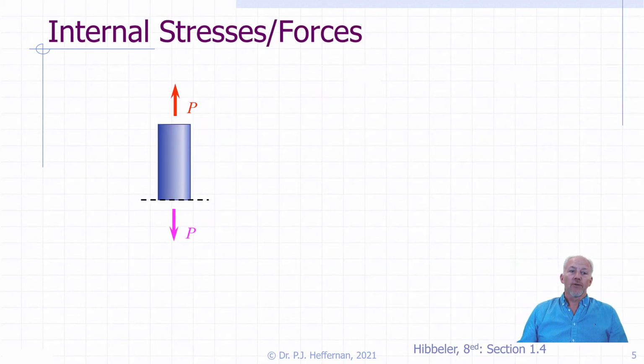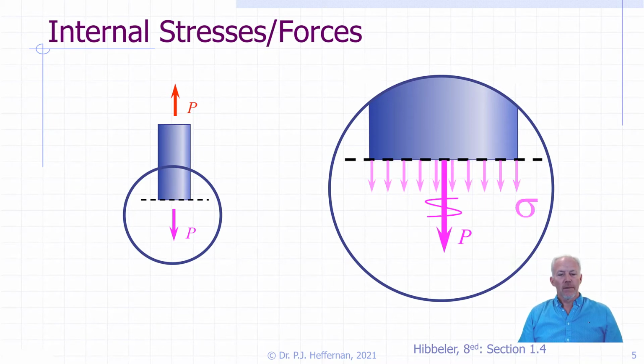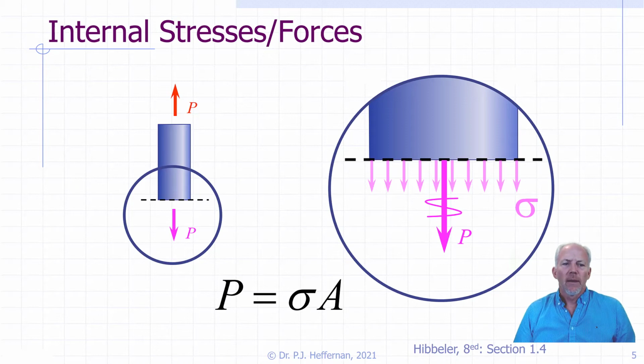Now, despite having just told you that internal forces are established to resist the applied loads, the truth is that they don't really. What manifests itself in a member is stress. So let's look at this area. That P is actually the numerical sum of the stress, shown as sigma in this diagram, across the entire area, which adds up to an equivalent internal load, P. Our first fundamental equation is given as P is equal to the stress times the area,